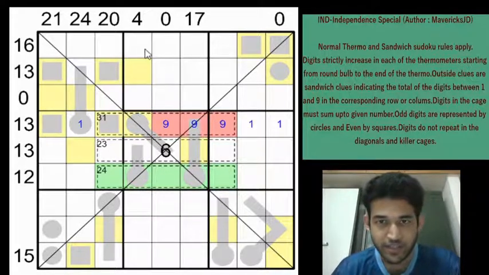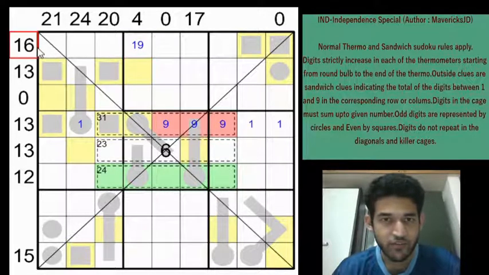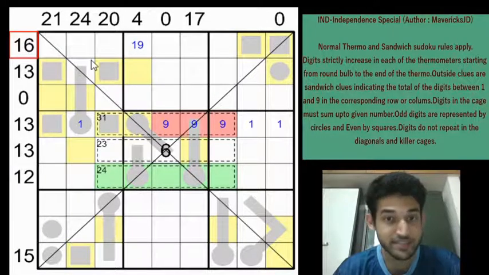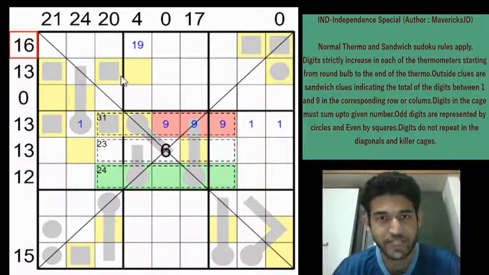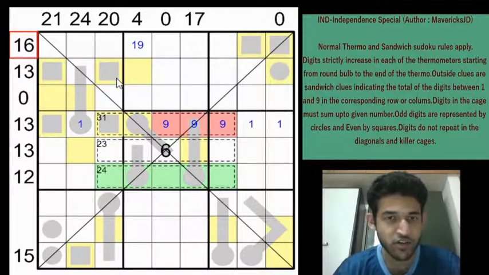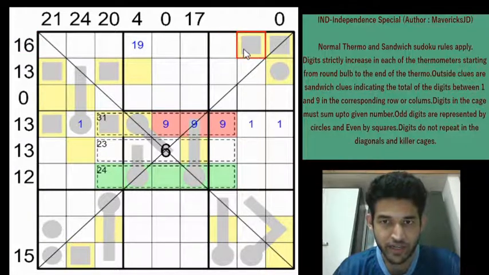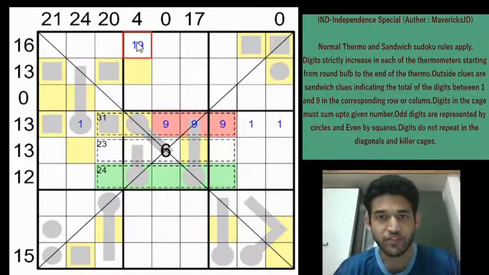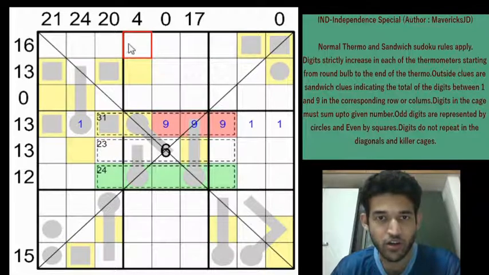Great. Can this be a 1 or a 9? Not possible again. Why? Because if you have a 1 or a 9 here, we know that for the 16 clue we need at least 3 cells. Because if you have 9 as part of the sum, then you can achieve the 16 total in 2 cells, 7 plus 9. But here 9 is part of the sandwich crumb. So you need at least 3 cells. So for that you need to have a 1 or a 9 here at max or a 1 or a 9 outside the grid. So we can eliminate the 1 or a 9 from row 1 column 4, right? We can highlight that in yellow.